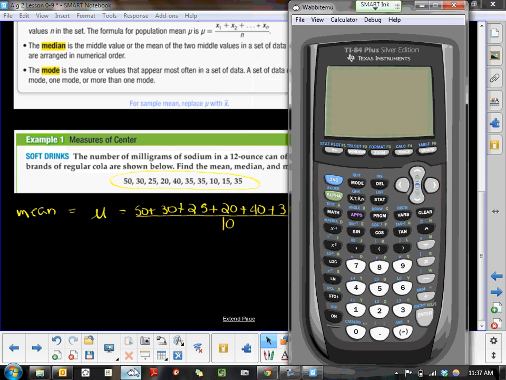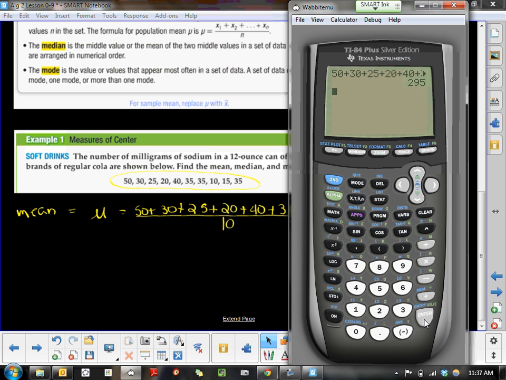So, okay, I'm going to crunch those out. It's a little bit time consuming, but we're going to do 50 plus 30 plus 25 plus 20 plus 40 plus 35 plus 35 plus 10 plus 15 plus 35 equals